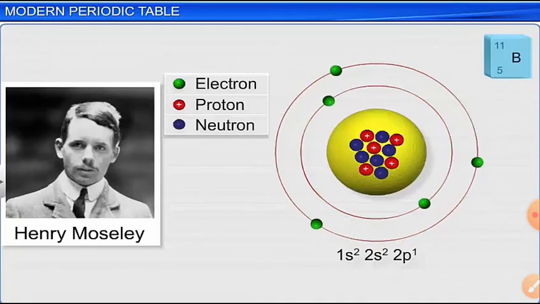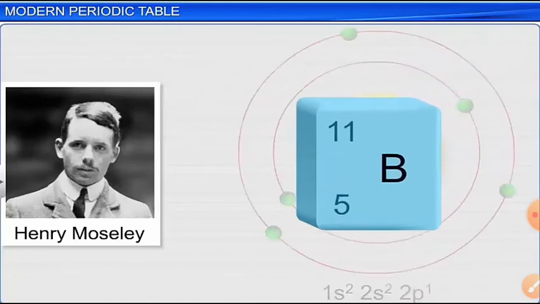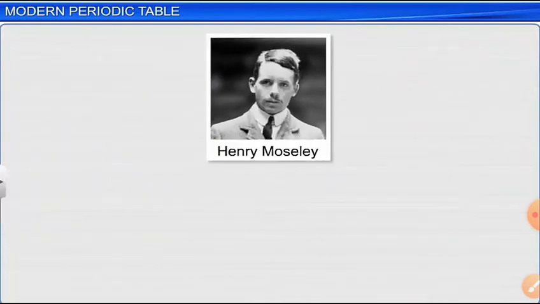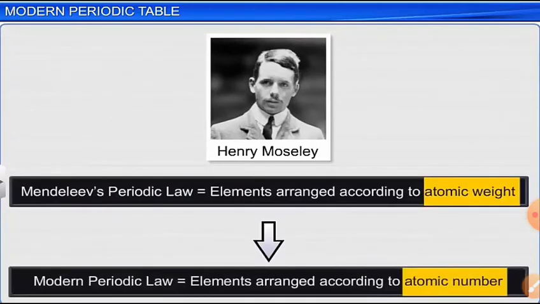Till now we had been discussing atomic mass, but it's not atomic mass that we need to know, it's atomic number on which the properties of an element depend. For example, if an atom has atomic number 5 and another isotope also has atomic number 5 but a different mass number, we talk only about atomic number and we arrange the elements, and he gave a law